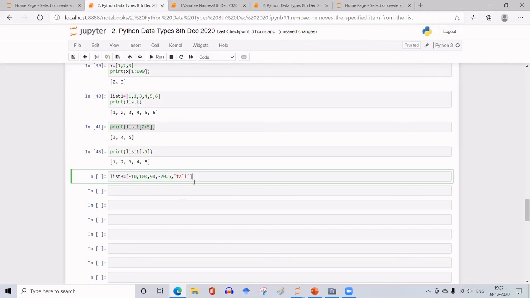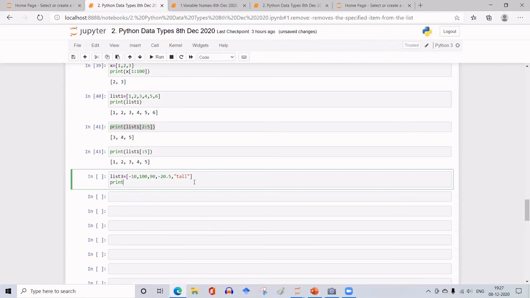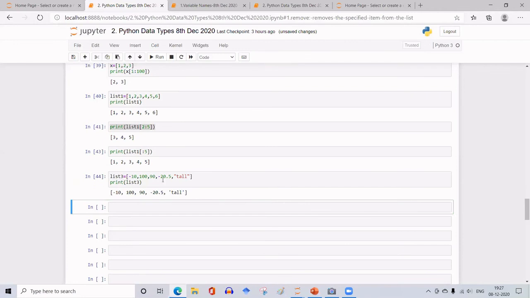Okay. So let me print list 3. Got all the values. Now I want to access list 3. No problem.